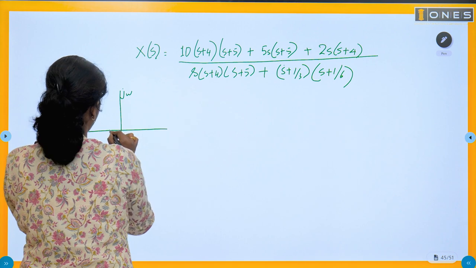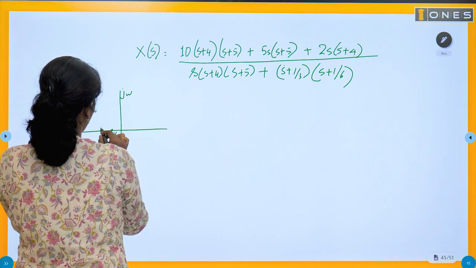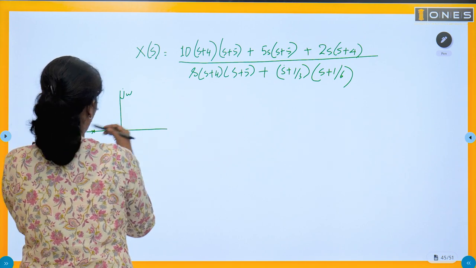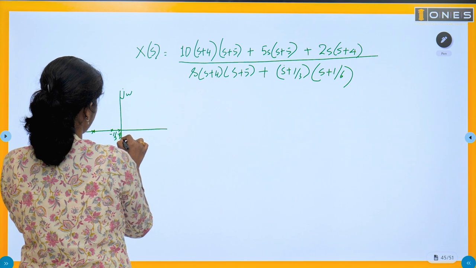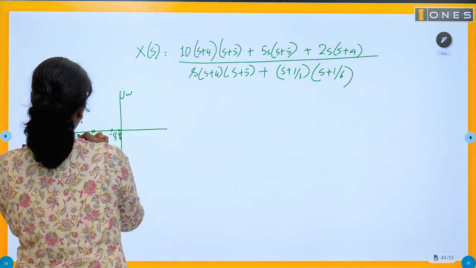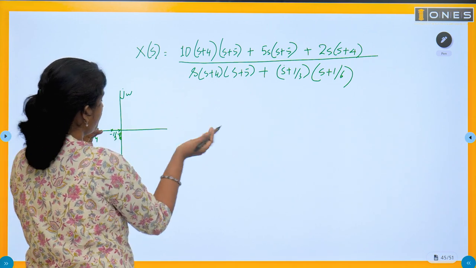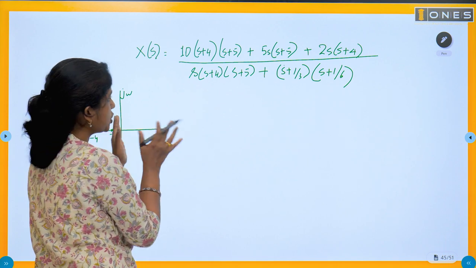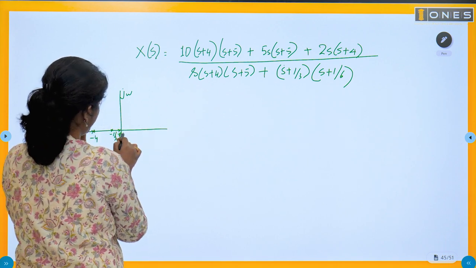we have minus 1 by 3 here, minus 1 by 3. Okay, then we have minus 1 by 6, minus 1 by 6 is there. Then we have minus 4, we have minus 5. So we have many poles. So which of the poles are closer to the